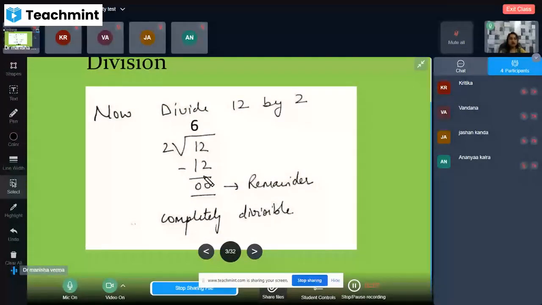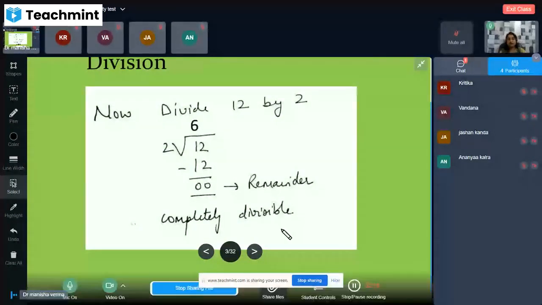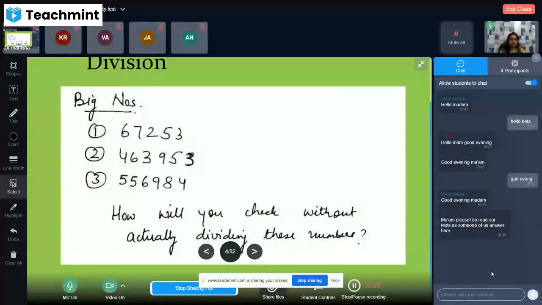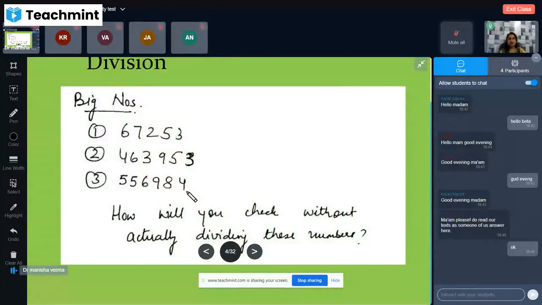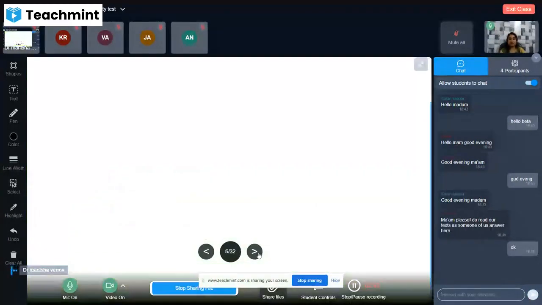Now suppose I give you a 10-digit long number and you have to follow this method to find out whether that number is going to be divided by that specific number or not. In that case what will we do? We will follow the divisibility tests. See the big numbers? In this case, you cannot follow the traditional method. For these types of numbers, we need to find the answer by the tricks, the tests. What are the tests?